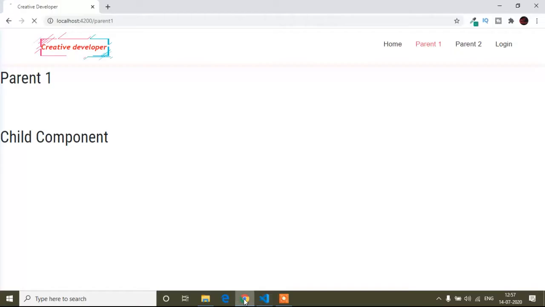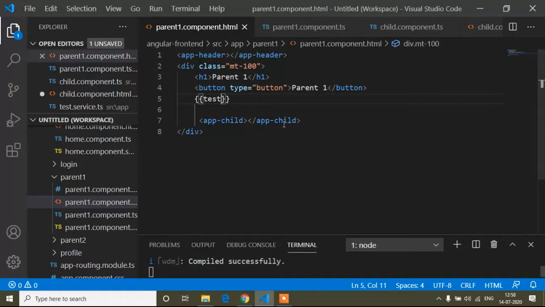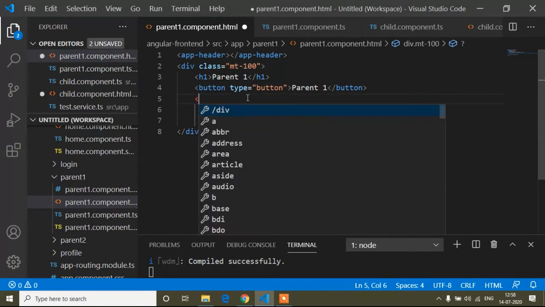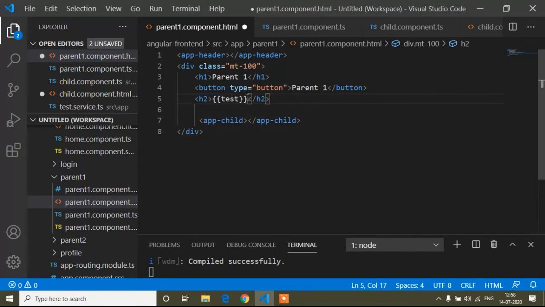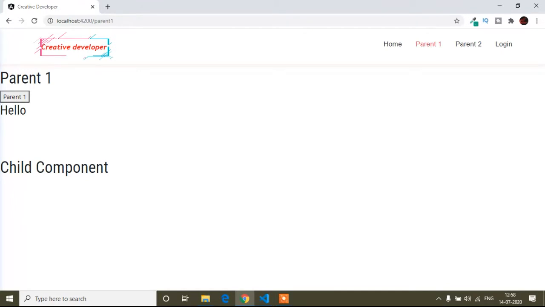So let's see the view. Here you can see it's showing a button called parent one, and it's showing the hello. I will write this hello inside the h2 tag. So you can see it's showing the value of hello.